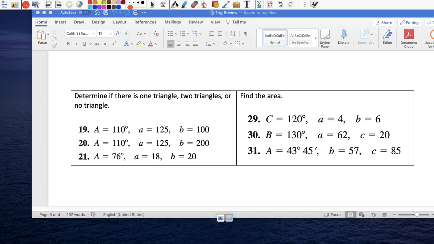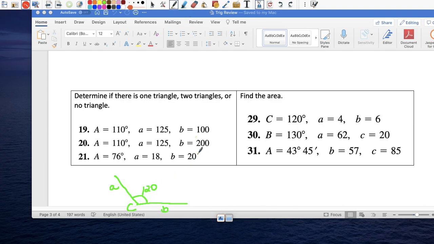you're always going to have this situation here, where you're going to have two sides and the angle. And that's just enough for you to find the area. So in this case, we're going to have the angle, which is 120. Let's call that C. And then, depending on where you put A or B, if this is C, little c would be here. If this is A, little a would be this guy, and if this is angle B, this would be little b. So this is what you have,